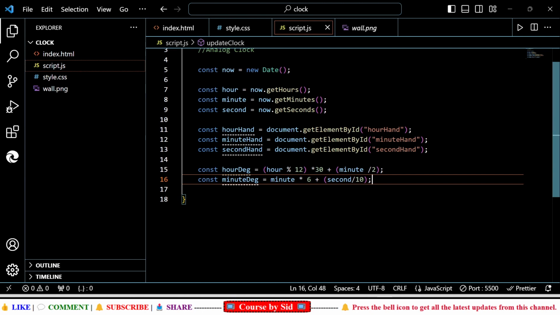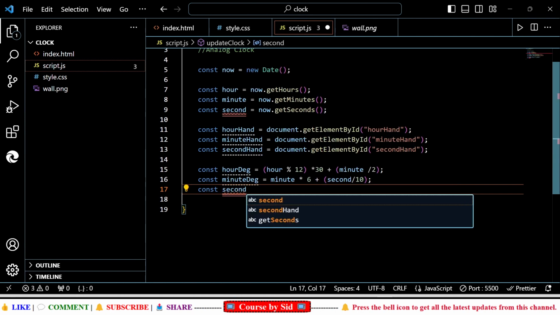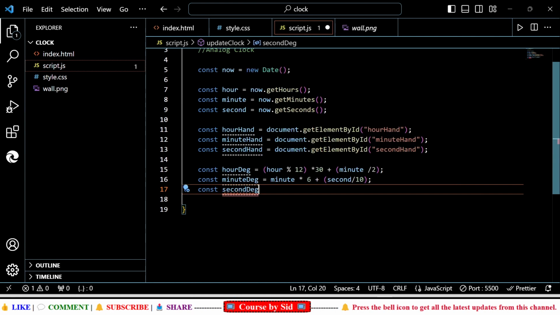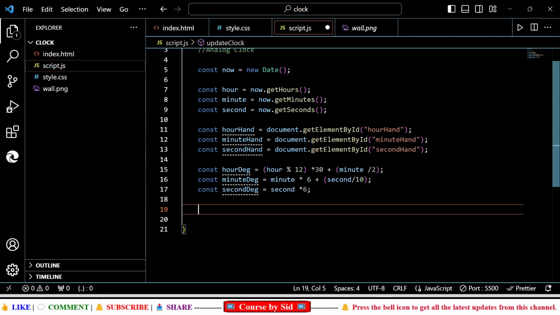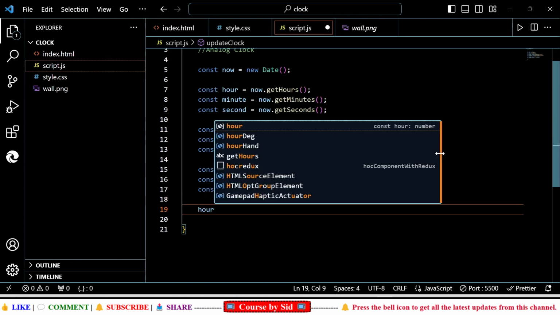This calculates the rotation degree for the minute hand. Next one is const secondDeg, and here I'll say this second into 6. So this calculates the rotation degree for the second hand. Now after this, I'll be saying hour hand